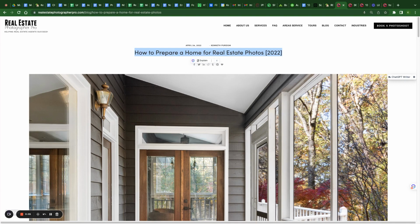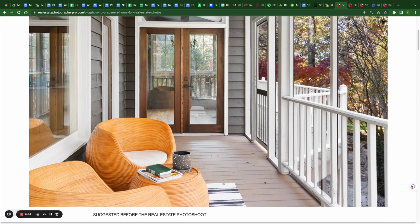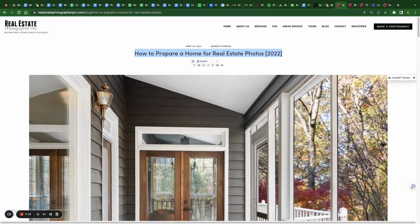We're going to go through how to prepare a house for a real estate photo shoot. And if you'd like a copy of this list, go to Real Estate Photographer Pro, go to the very bottom of the website and click on how to prepare a home for a real estate photo shoot. I'll show you that website,